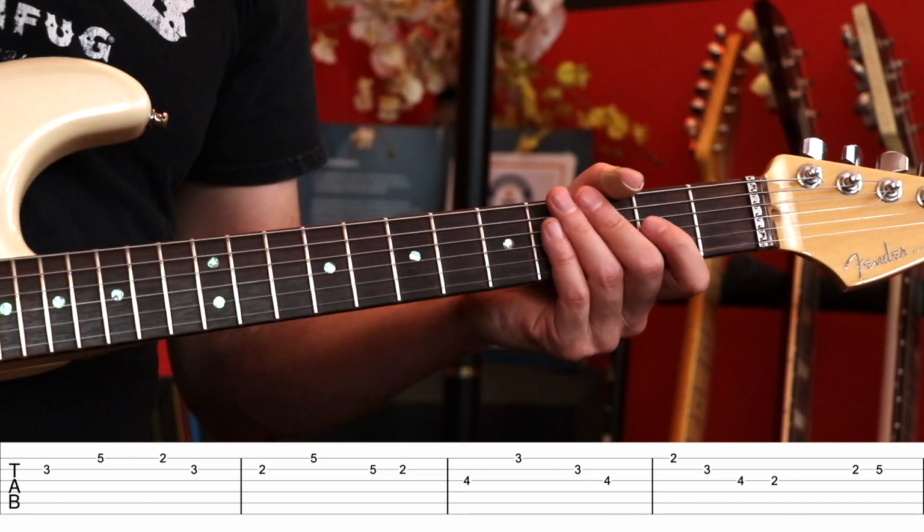Some guitar players really stick with triads over chords, and they always sound incredible because they're following the movement of the chords instead of just playing a scale and hoping. So this is a great way to really glue yourself to the music. So once again, the D,